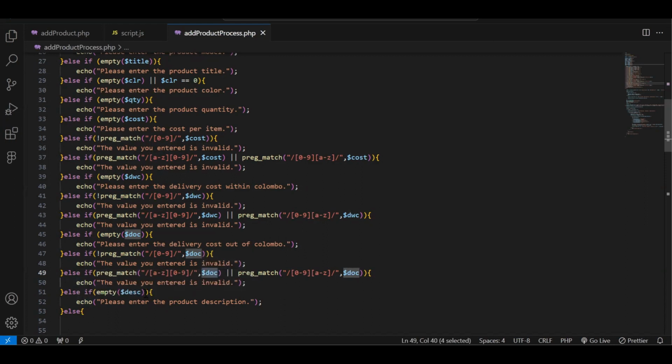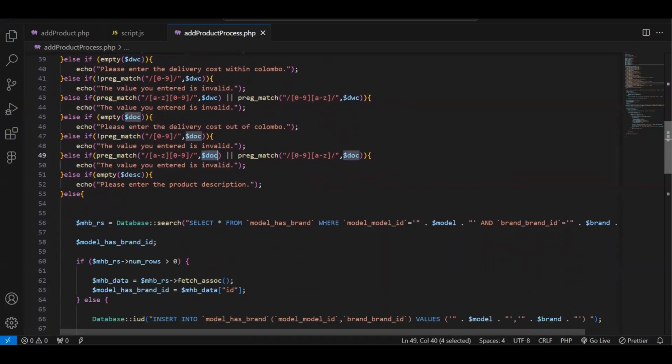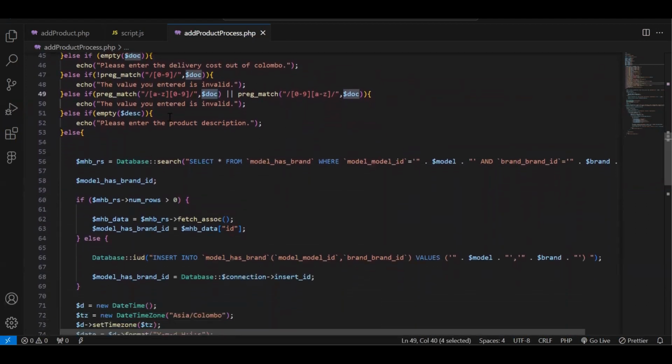variable called DESC is empty. If so, there too it displays a message as please enter the product description. If the product description has been given by the user, then it comes to the else condition, and inside this